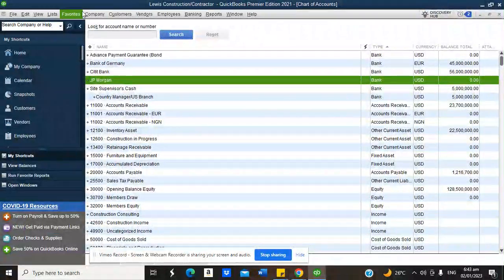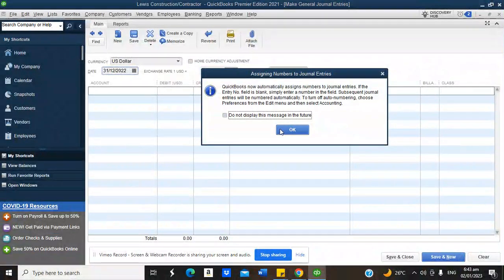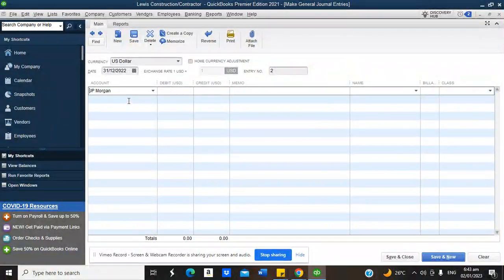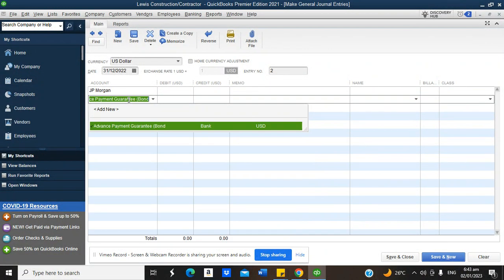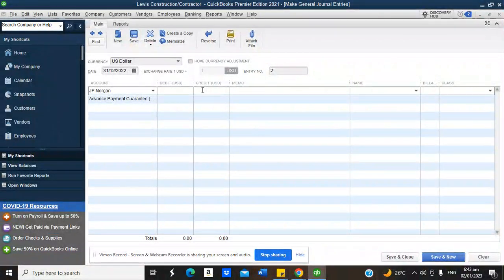Now the money is coming from JP Morgan. You go to company, make journal entries. So this will be JP Morgan Chase and advance payment guarantee. And then what happened? We're going to move the money from JP Morgan, which is 500, and let's say the money is 550 million